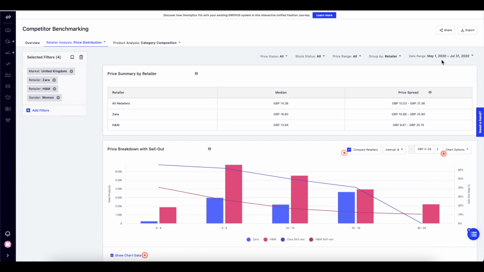Now, what about the stock status? Your choice of stock status depends on your analysis goal. When reviewing the pricing of new product launches, we recommend filtering by new in. Alternatively, you can choose all if you would like to look at all available products by the retailer during the